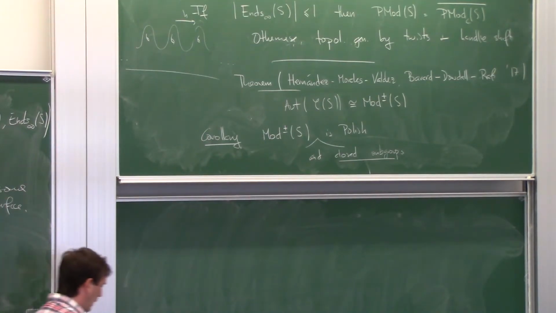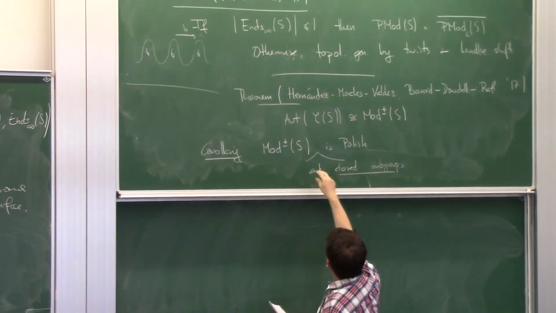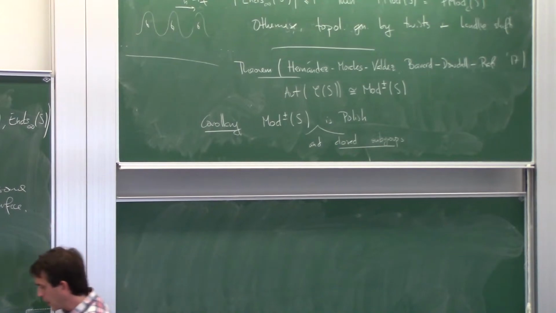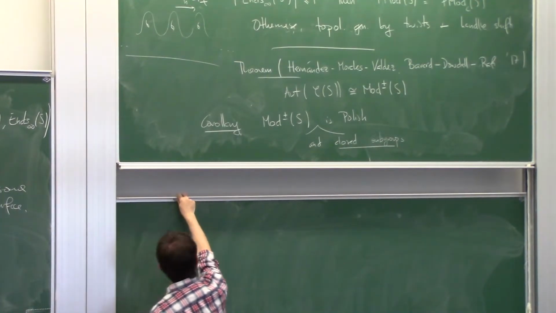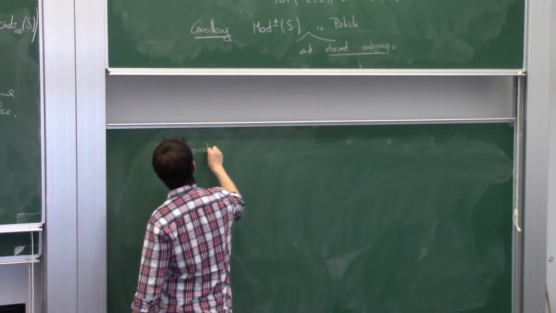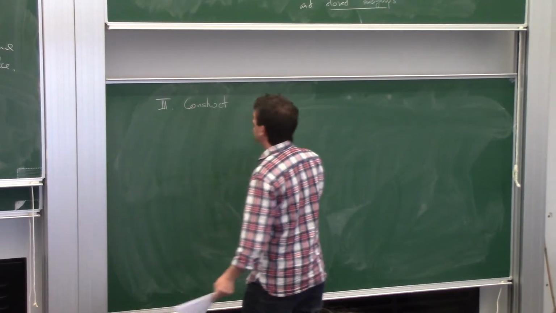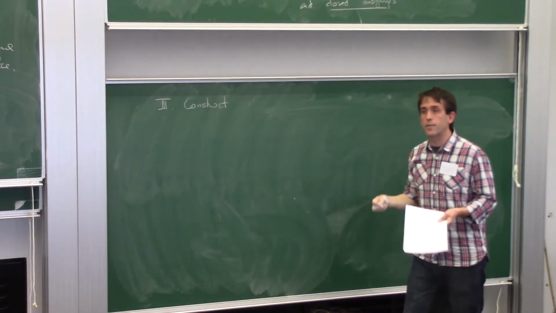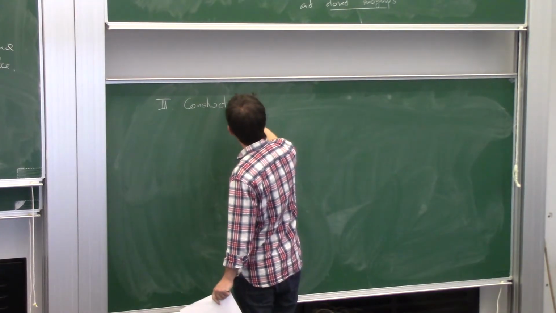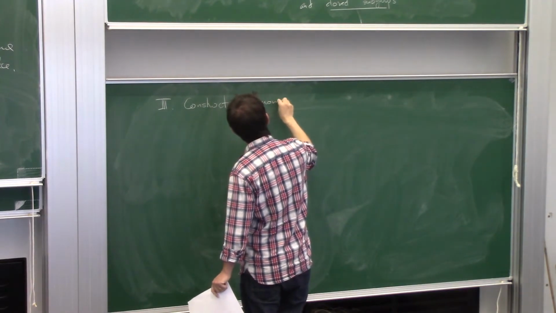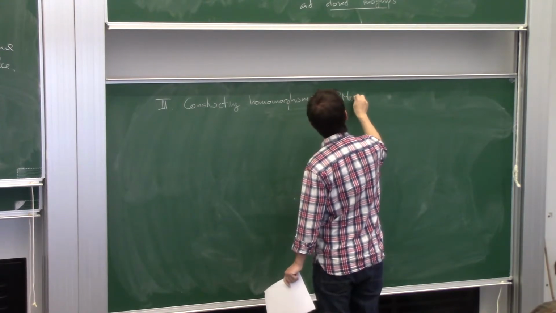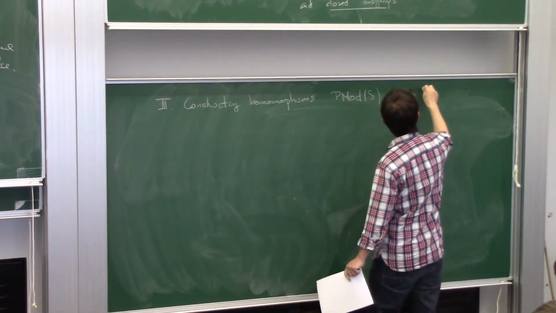As I said, there are two different topologies that end up being actually the same. So maybe this is part 3, and I'm going to actually construct and describe how to construct every homomorphism from the pure mapping class group to Z. Constructing homomorphisms from PMod to Z.